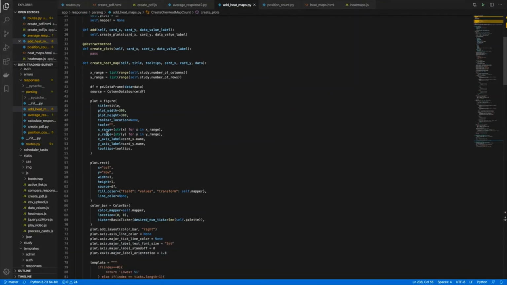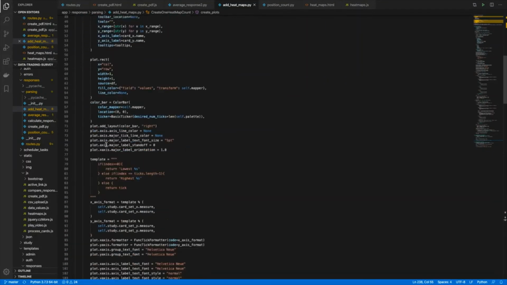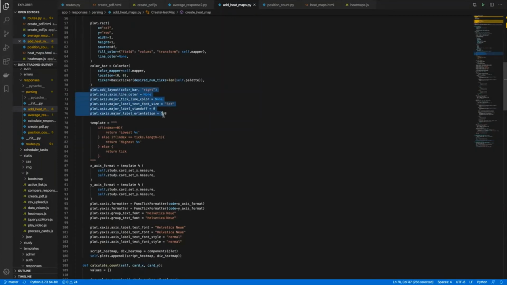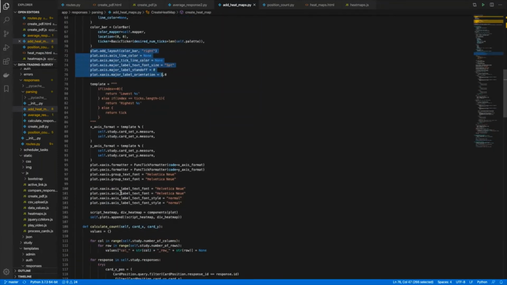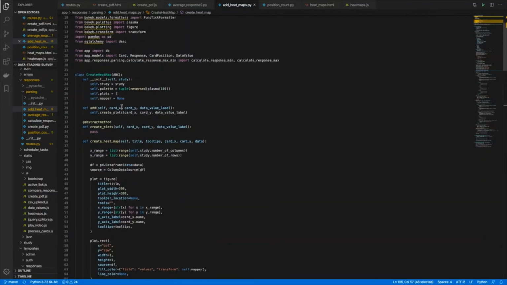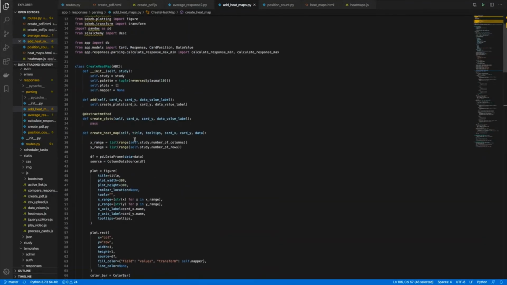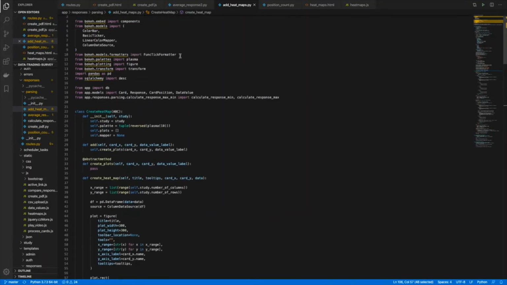So it's setting up all the options, plotting the data, see some of the options here, and formatting it so it makes sense, and then adding the script and the div strings to the plots attribute, sorry, to the plots up here.